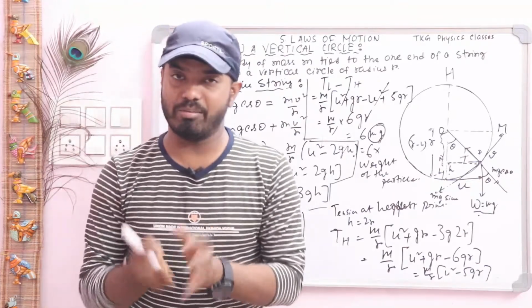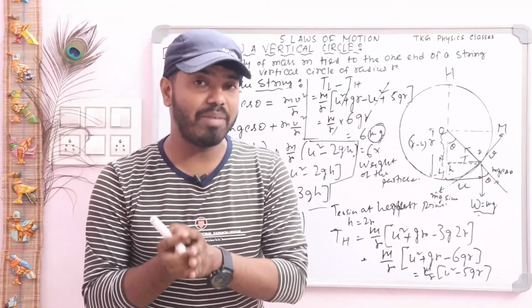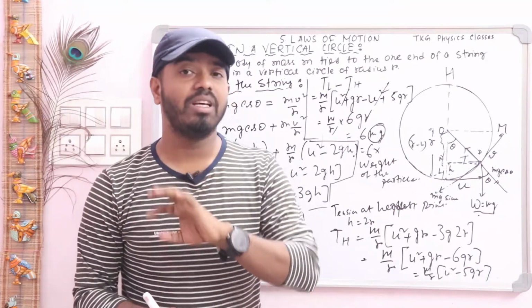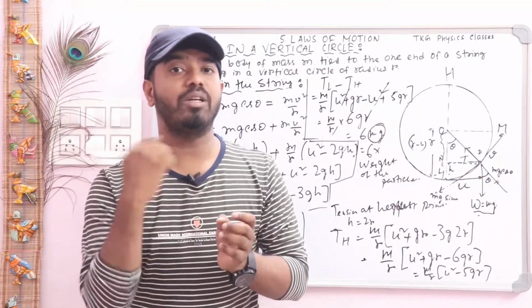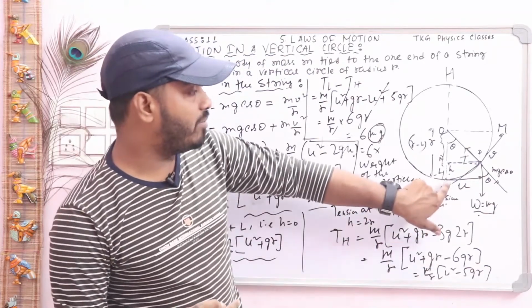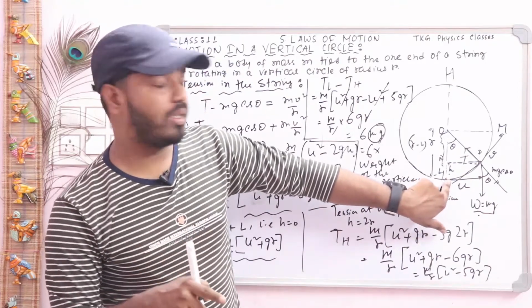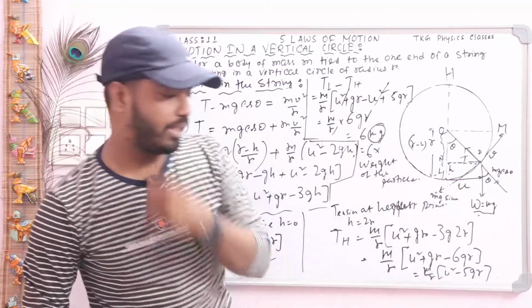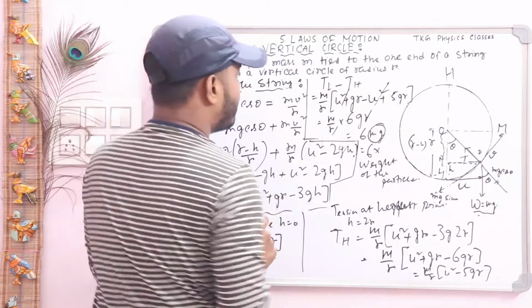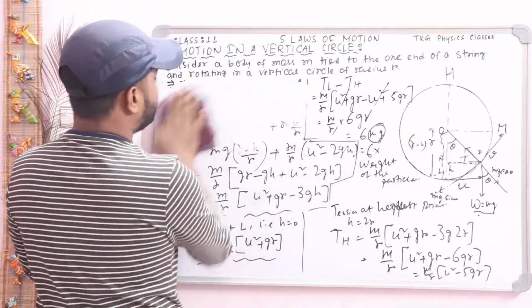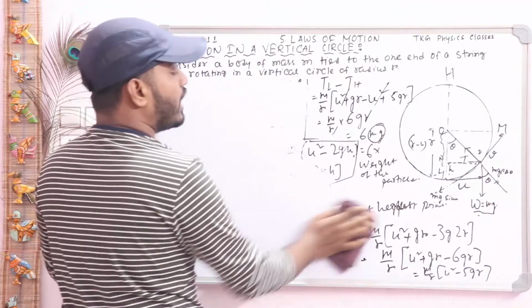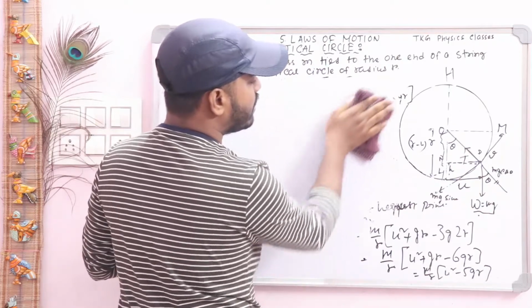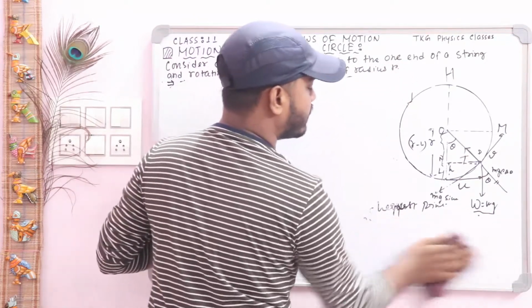Now we will check another important thing, that is the minimum velocity of projection. What is the minimum velocity of projection for which the body completes looping the loop? What is the minimum velocity here by which the body completes this circle? This is our next theory. Okay, write it. So minimum velocity, our next important part, that is minimum velocity of projection about the lowest point. Obviously you have to apply velocity at the lowest point when the body just starts its motion.